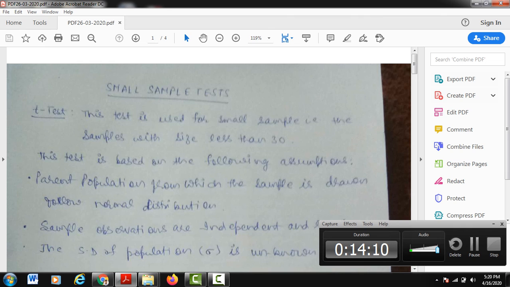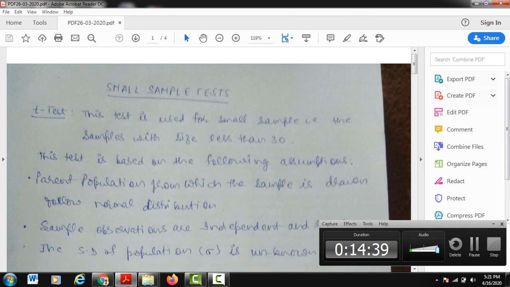You can choose either 1% or 5%, and then you have to remember the degrees of freedom for each and every test: for the t test, the F test and the chi-square test. For the t test, I have told you the degree of freedom is n-1, and about the other tests I'll tell you the various degrees of freedom. Then you make the comparison of the absolute calculated value with the table value. Always make the comparison with the absolute calculated value. So keep this in mind.